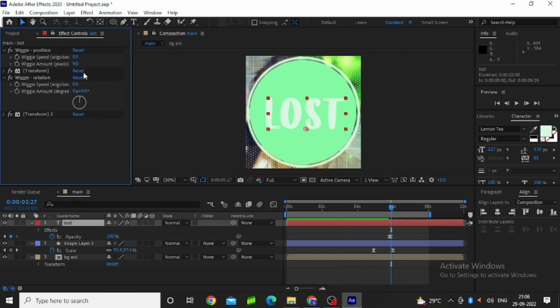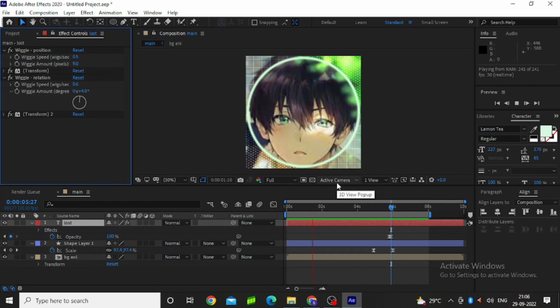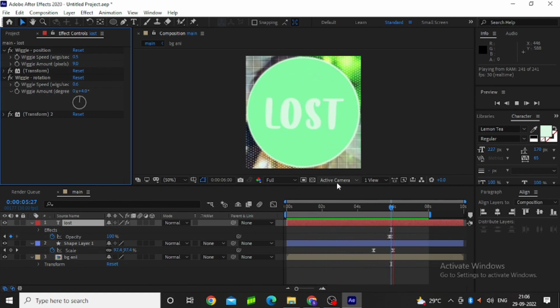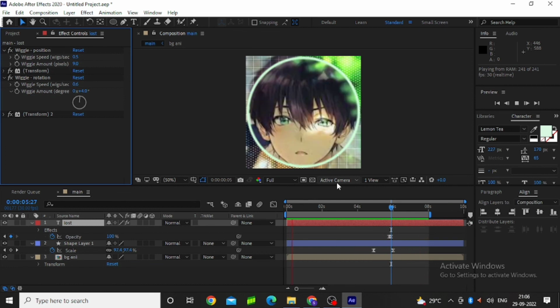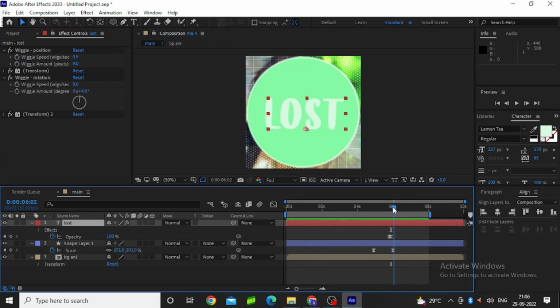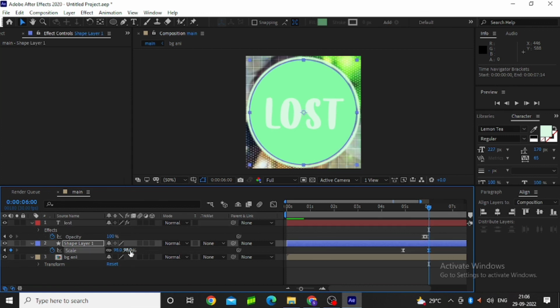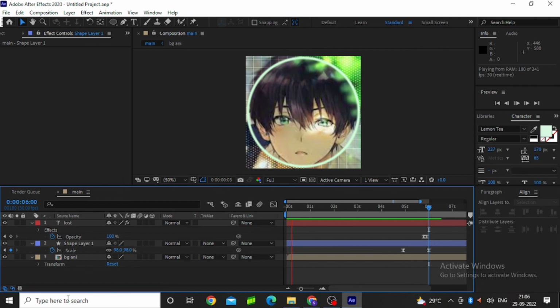Yeah, these are the only things you have to copy, not much. Cool. Now let's see how it looks. Yeah, looks pretty cool. I just want to scale it down a bit, to be honest, because it looks kind of messed up. But just scale it down to this much. 98 seems fair. I know the gaps, but